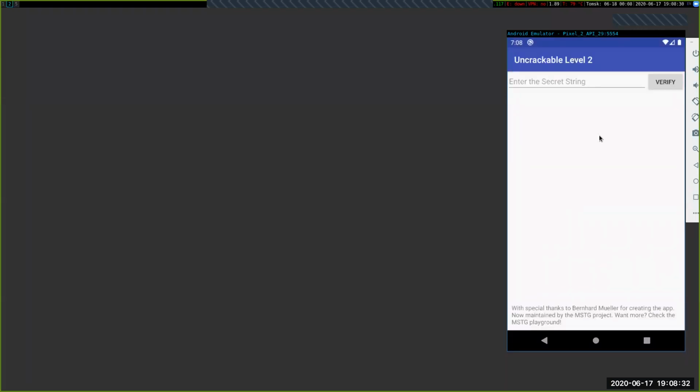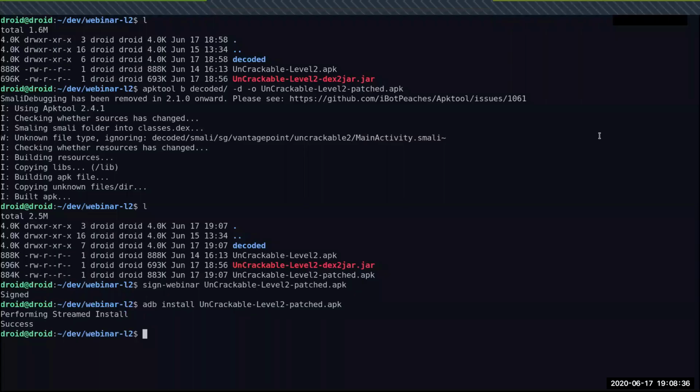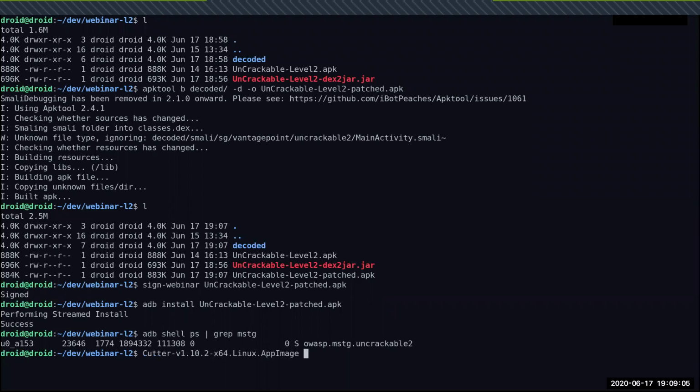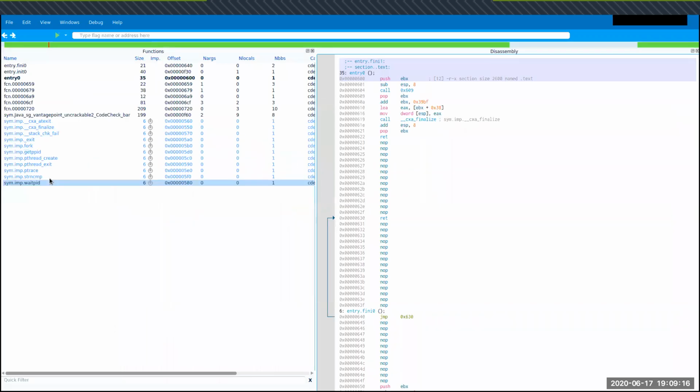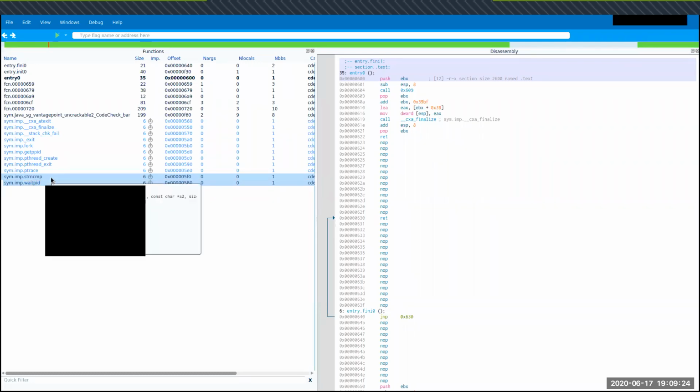So yeah, no dialogues for now. And if you look at the process, also one process, which means that our actions were successful. The application is successfully patched, and we can now start the debugging. For this, we need to debug that string compare function, which is shown in Cutter, which I have closed. So let's reopen. So yeah, I have opened the previous not patched library,